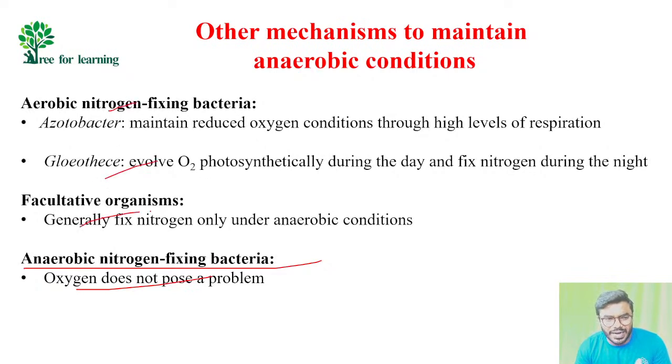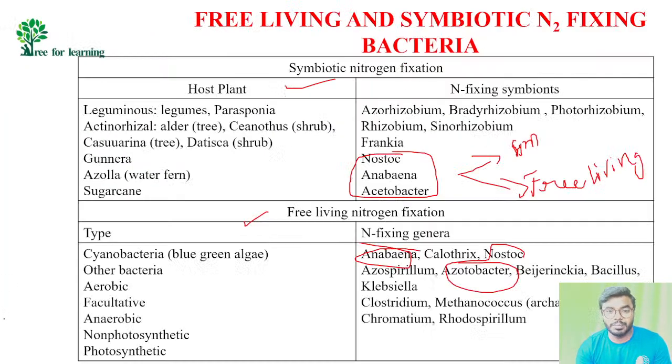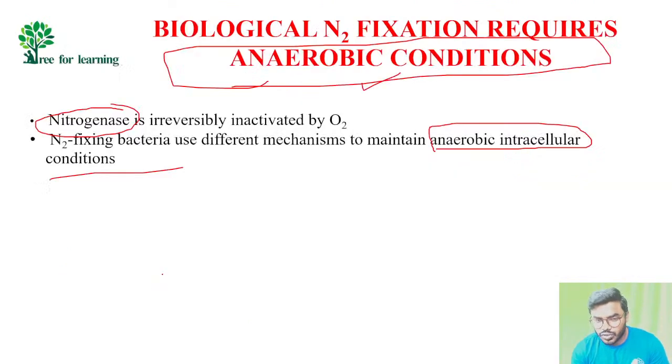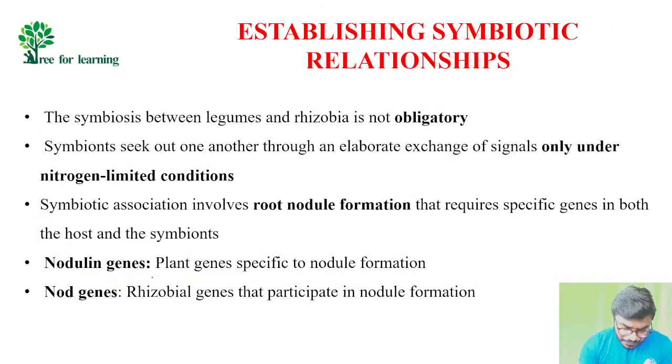Remembering this is not the matter. I want you people to remember the names of the bacteria which are aerobic, which are facultative, which are non-photosynthetic, which are photosynthetic, that have the ability to fix the nitrogen. Those things you have to remember without fail. Friends, still we are studying the first step only, nitrogen fixation. It's a very broad step. Follow my words correctly.